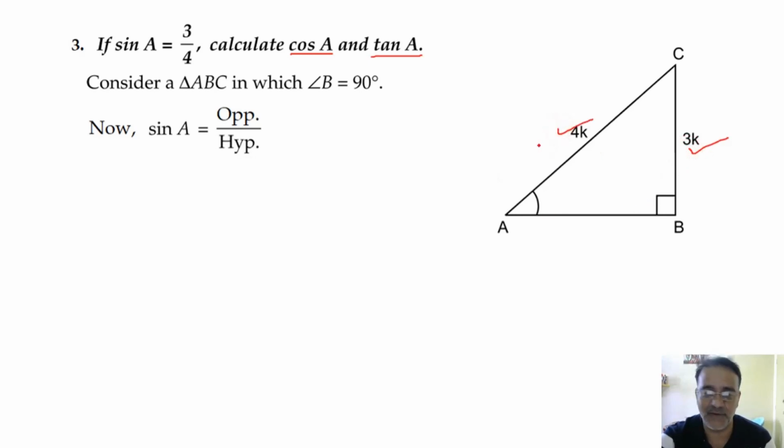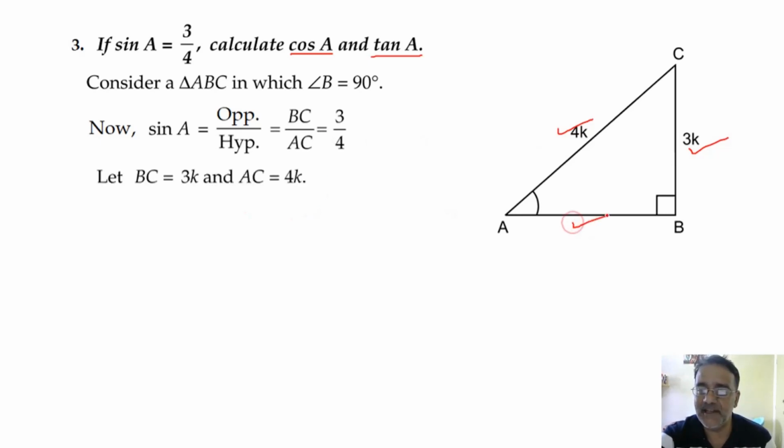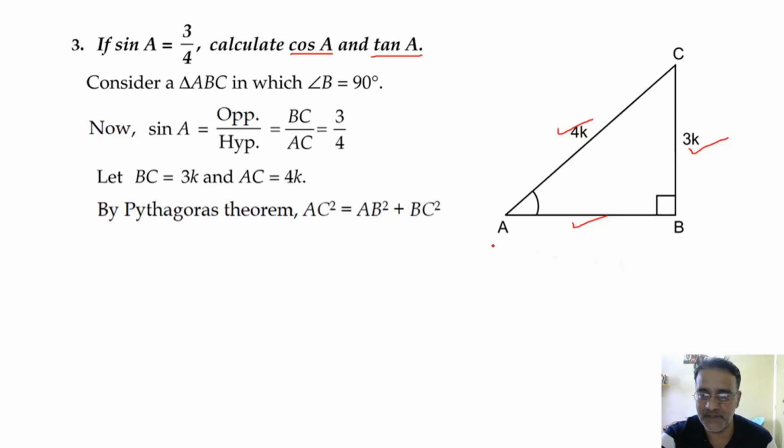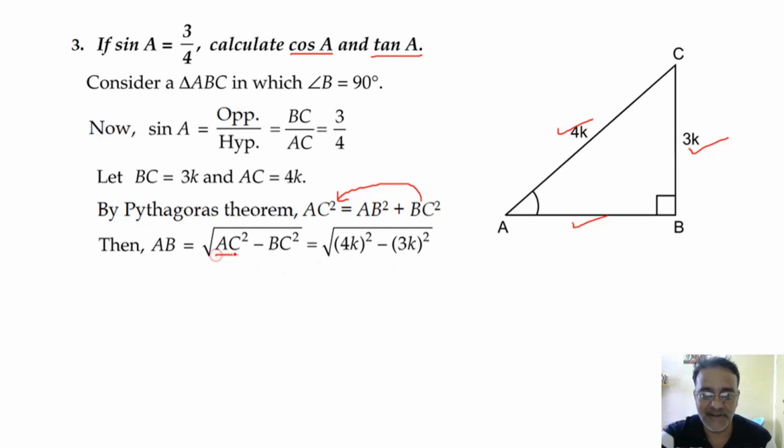So we'll take 3K, 4K. Okay. So how will you find AB then? By Pythagoras theorem. Very good. So now we have to find AB. So we'll shift BC to this side, so it will become minus. So AB square is equals to AC square minus BC square. We can take square root also and substitute the value of AC and BC. So 16k square minus 9k square. We'll get 7k square, that is root 7k.